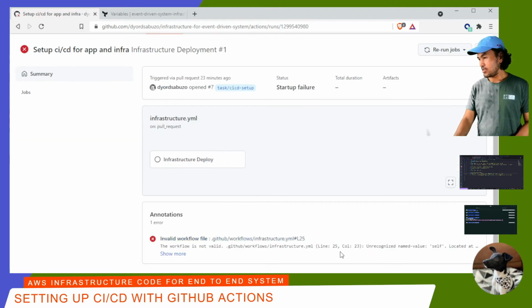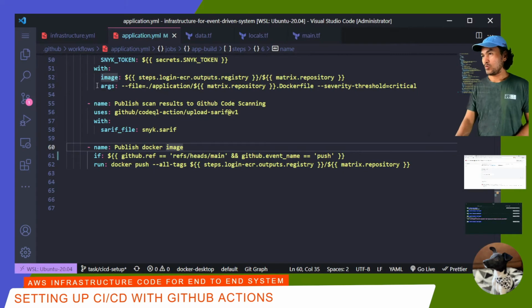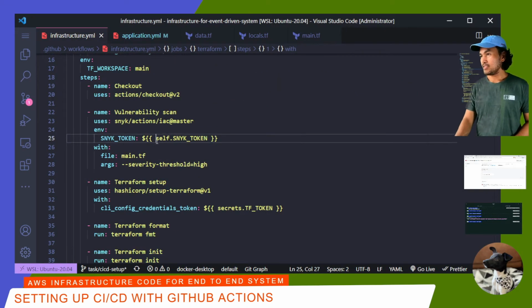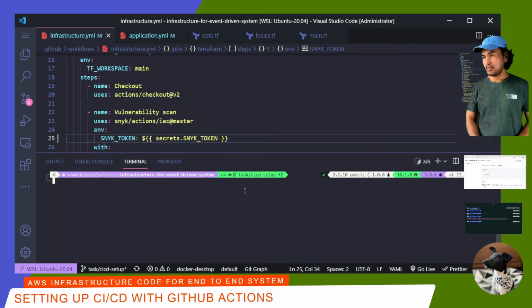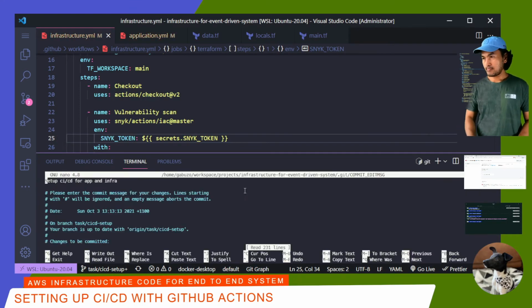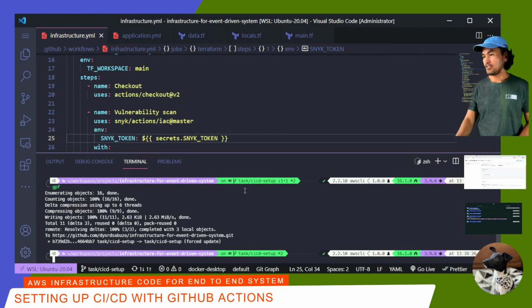So the error is on line 25, so let me switch back to my VS Code, go to infrastructure YAML, and this is because it's referencing self instead of secret. Open my terminal, and then commit my changes. So if I switch back to my GitHub,